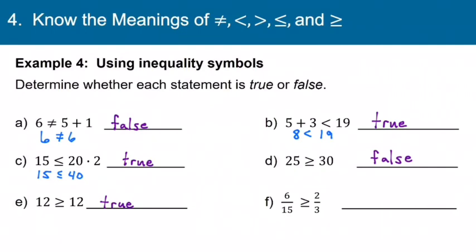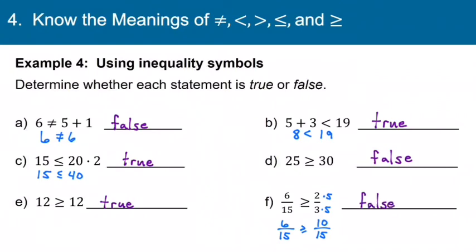But if we get common denominators, we'll be able to tell by the numerators which fraction is larger. So I noticed that 3 goes into 15. That means I'm going to be able to use 15 as a common denominator. To change thirds into 15ths, I'll need to multiply by 5 over 5. And so now I have a statement that says 6 over 15 is greater than or equal to 2 times 5, which is 10 over 15. So, is 6/15 greater than or equal to 10/15? No, if the pieces are the same size, then 6 is less than 10, and so we can say that